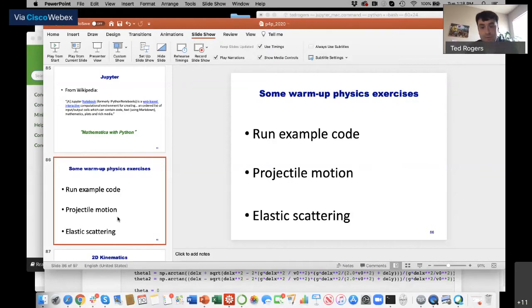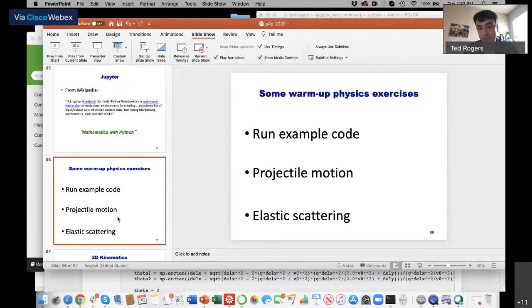So I'm going to suggest several things. If you're really still struggling with just setting up Jupyter and figuring out how to use these basic Python commands, we'll set aside a breakout room with somebody to help you there. So we'll have one breakout room to help people who are really just trying to get going. And then we'll have another breakout room with help for a specific project that I'm about to describe.